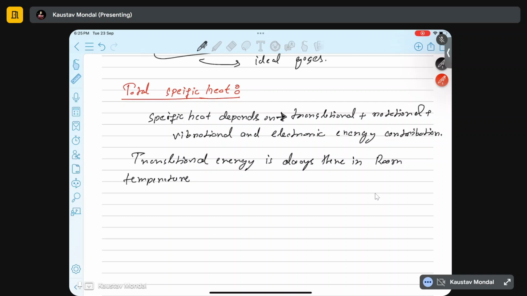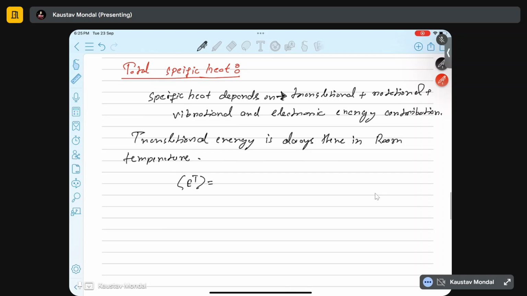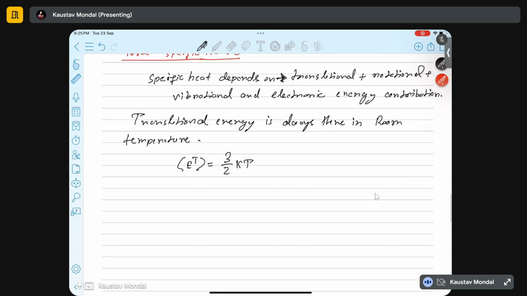And you know the translational contribution is simply, for the case of a 3D gas, Et is simply 3 by 2 kT, right? So if you know Et equals 3 by 2 kT, then that means the specific heat